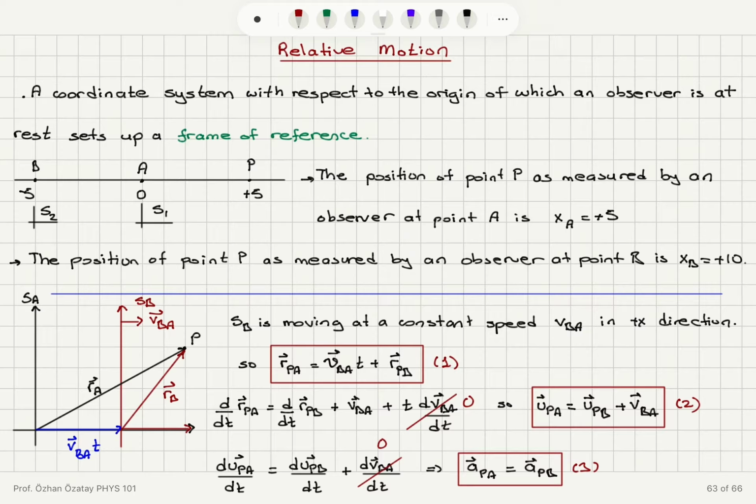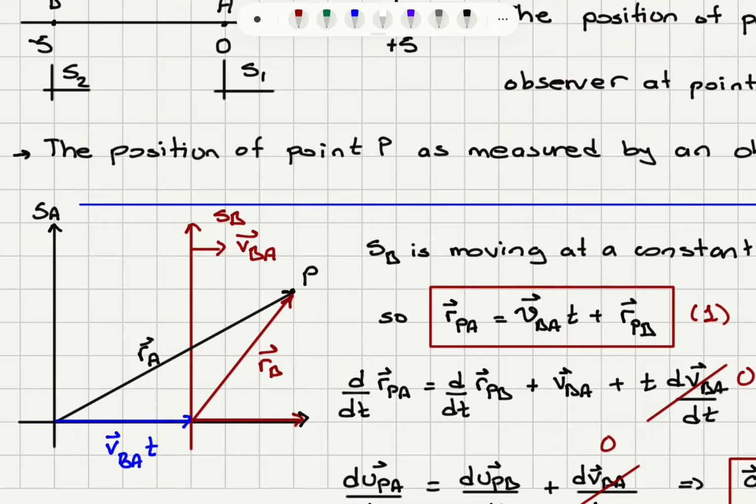Now, I'm going to talk about two different cases for these reference frames. One case is that we have a reference frame at rest, so SA is at rest, and then we have the B reference frame moving at a constant speed. This is the velocity of the B reference frame with respect to the A reference frame, and it is a constant velocity. It's moving on the x-axis, let's say,